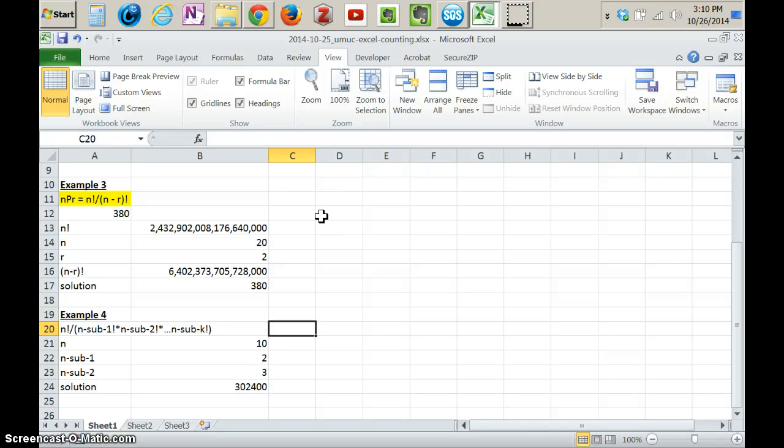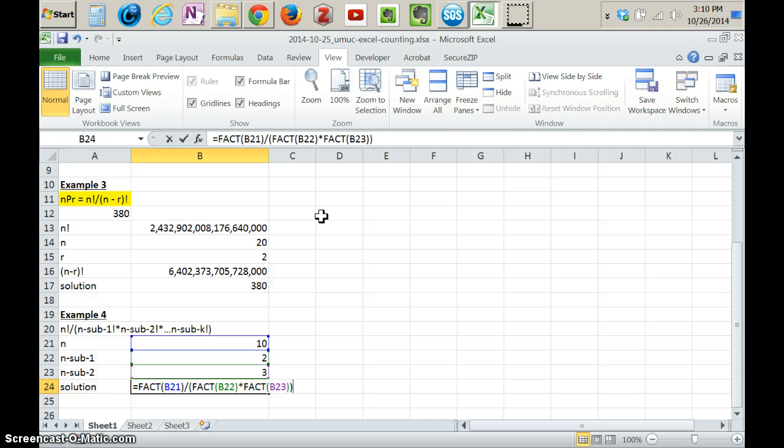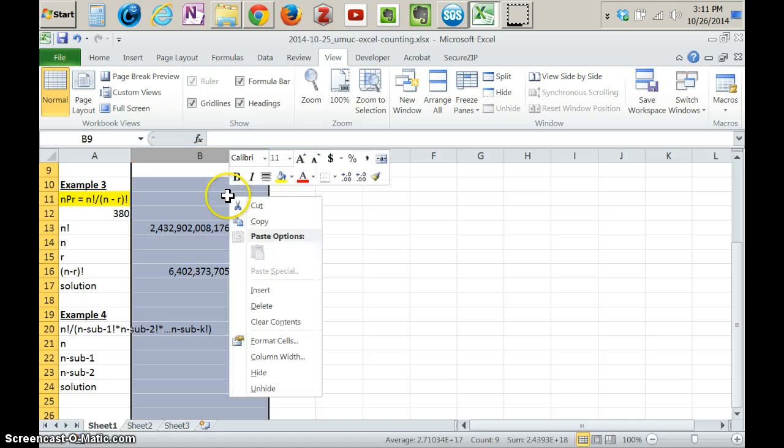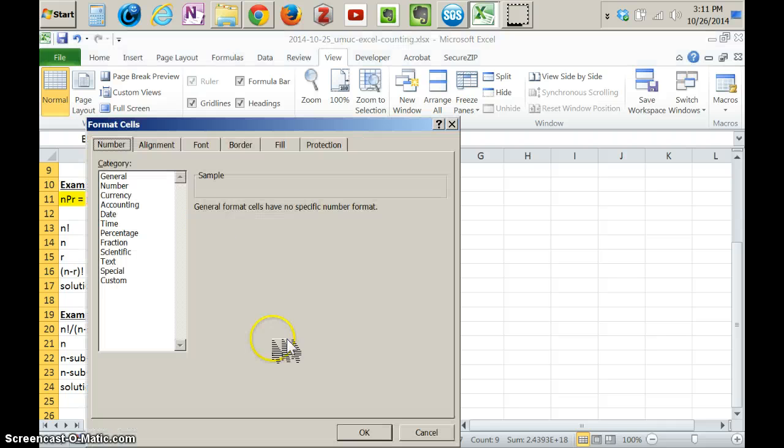That last recording got cut off just at the end, so let me pick up here where we left off. We were doing this formula for example 4, and here's the solution to that. And I am going to make one formatting change to all of the values